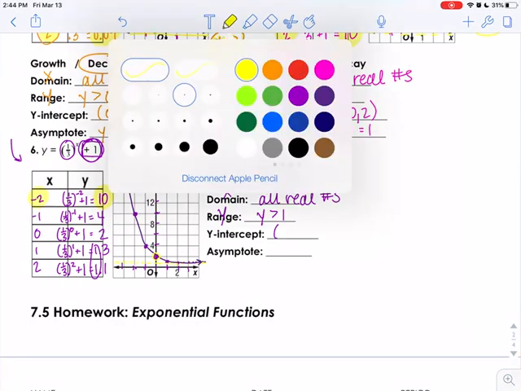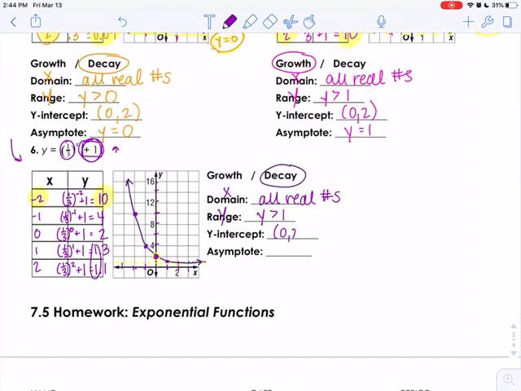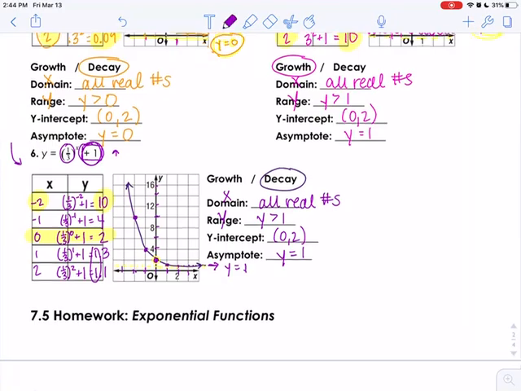That is right here at 0, 2. And you can also look over here and see that 0, 2. And then our asymptote is this line right here, which is horizontal, so y equals 1. All right, and that's